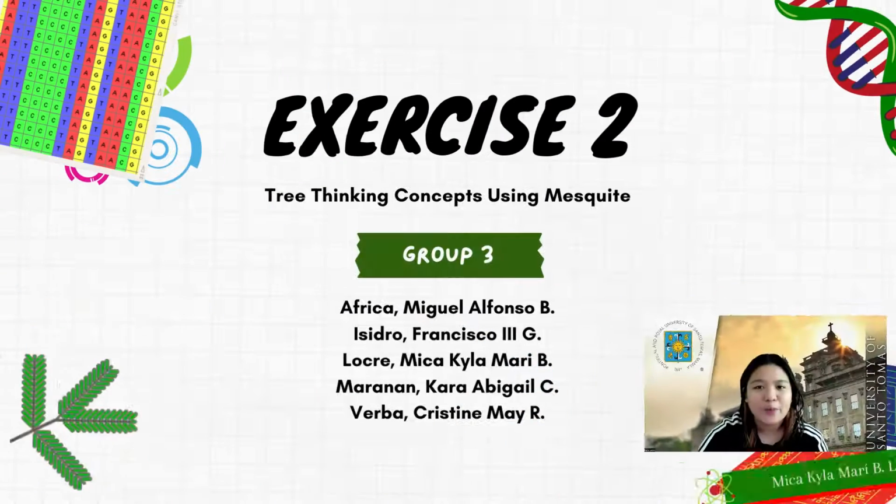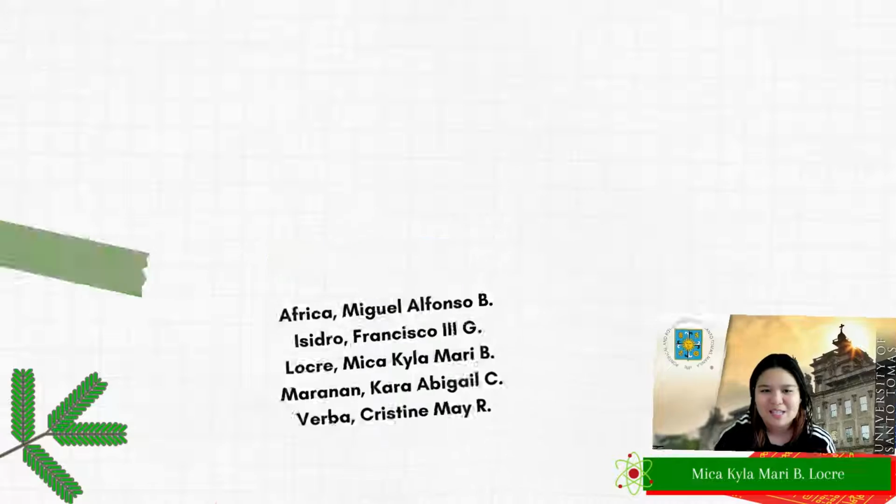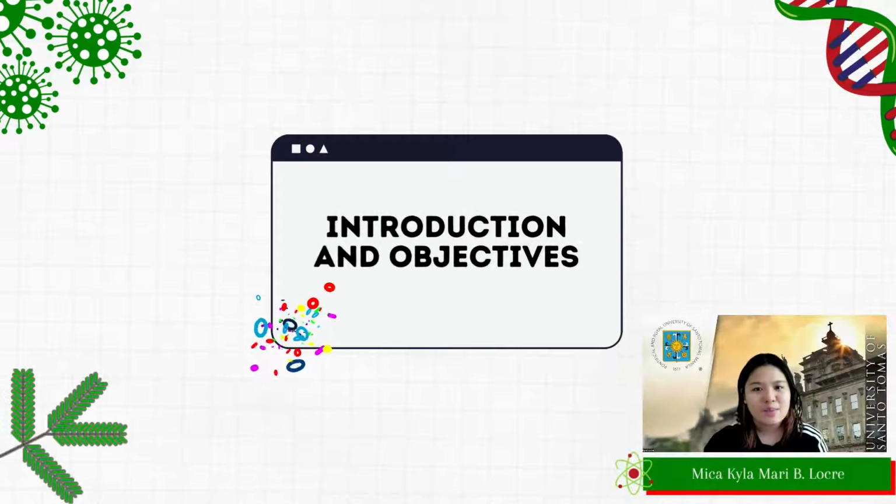Good morning, everyone. We are Group 2 and we will be presenting Exercise 2.3, Tree Thinking Concepts using MESQUITE. This exercise utilizes MESQUITE for the molecular analysis, sequence alignment, and generation of a phylogenetic tree for the analysis of phylogenetic